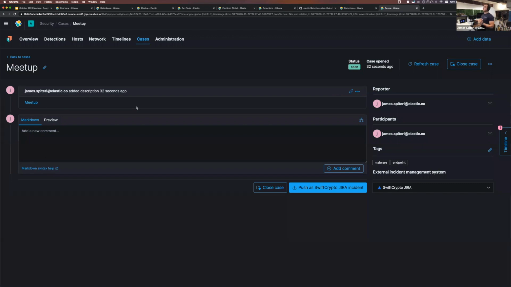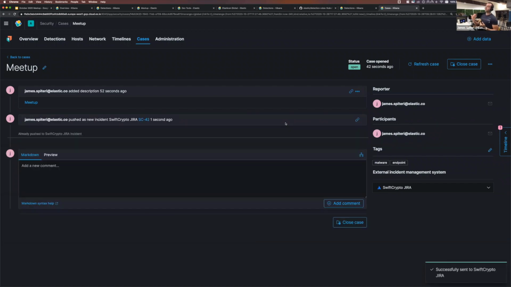Totally fine. So as of this version, we support three different external case types, which are Jira, ServiceNow, and IBM Resilient. And you can see here I have a Jira hooked up. So if I wanted to open up a Jira issue right from within here, and keep that up to date, I can just hit that button and it'll do it for me. So it's going to go in the background, open up a Jira issue, and I get a link to it here if I need. And it also keeps track of the state. So really, really simple, really easy.